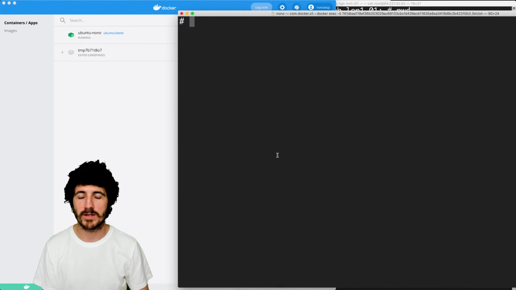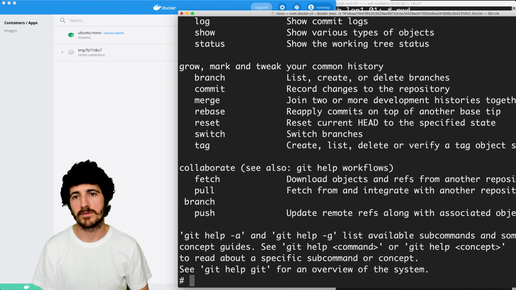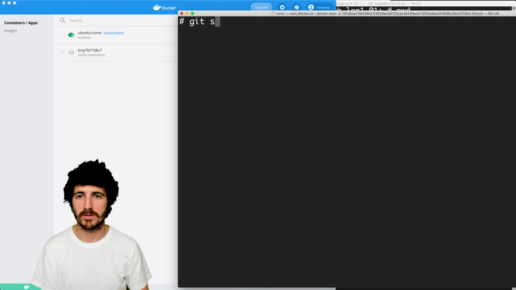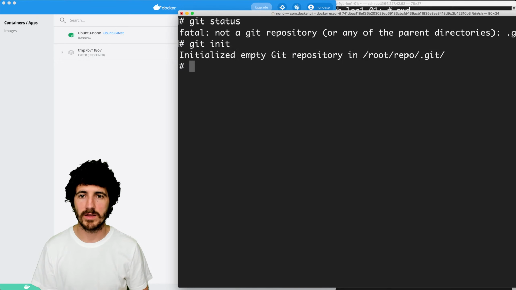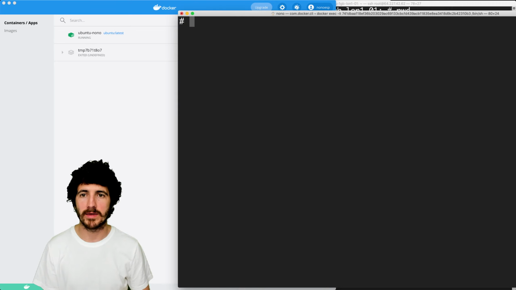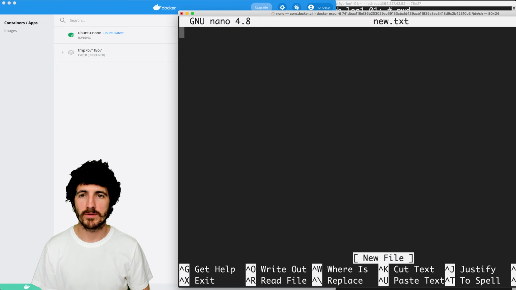And now we're done. So now I can say, okay, Git, so I can make a repo, and it says Git status, Git init, and then I have my GitHub repo. So new txt, hello there.